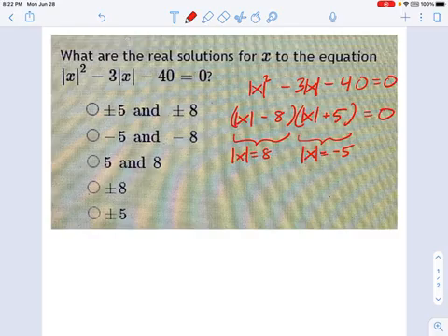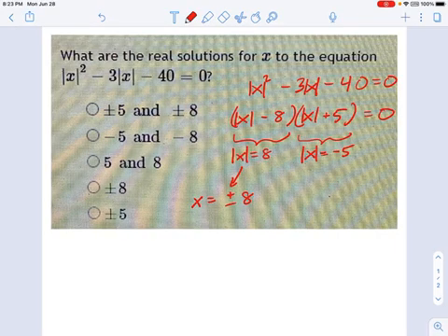So absolute value of x equals 8. What does that mean about x? X can be two numbers now, not just 8, but it could also be negative 8 because the absolute value of negative 8 is also 8. So this one leads us to this. X equals plus or minus 8, because either of those two answers, plus or minus 8, when you take the absolute value of it, leads you to x equals 8.